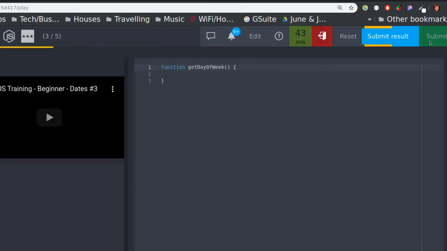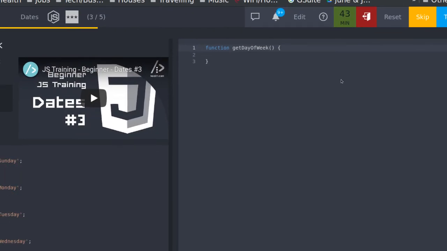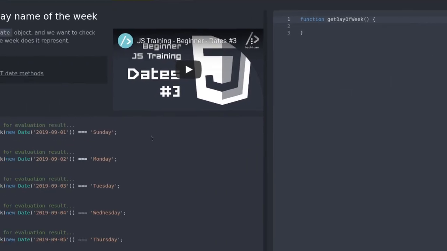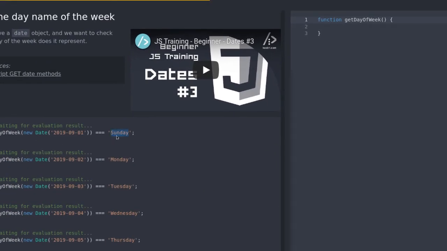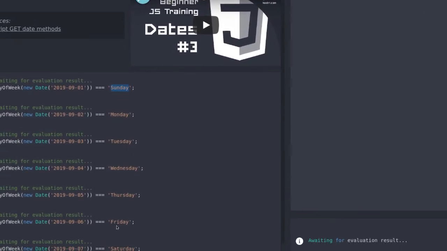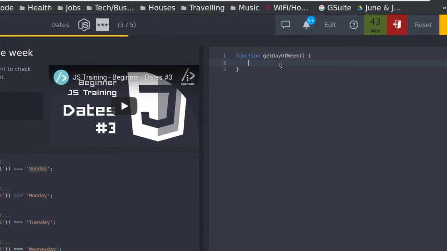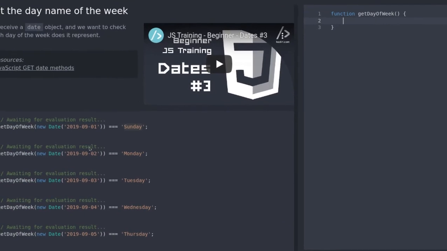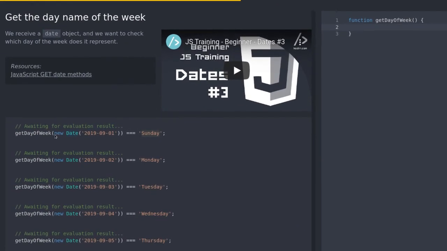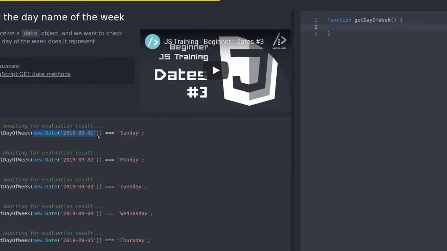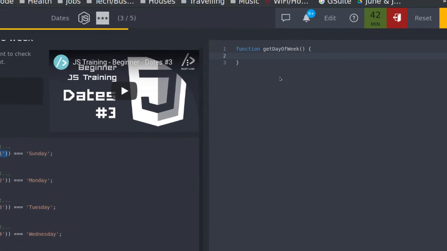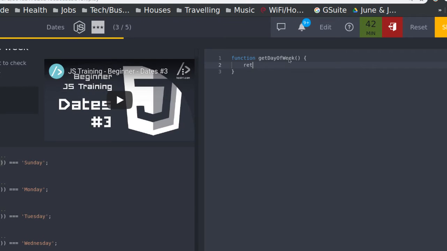So that's the next question, get the day of the week. And we don't want to return a number, we want to return the actual day as a string. What's our input? Our input is done for us this time, it's definitely a date object, because we've invoked the date constructor. So we can just return